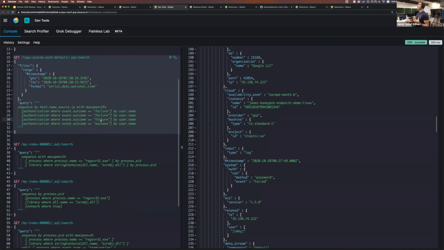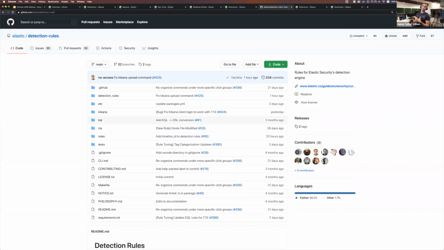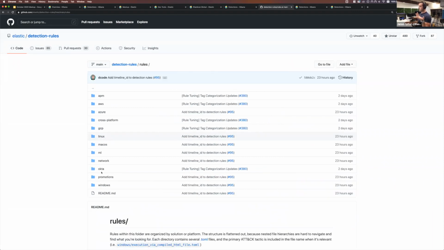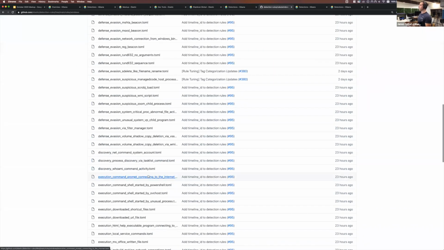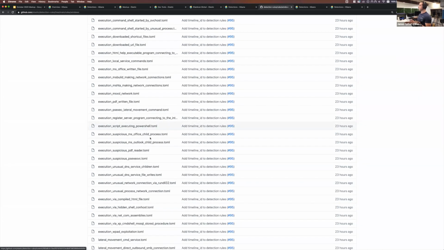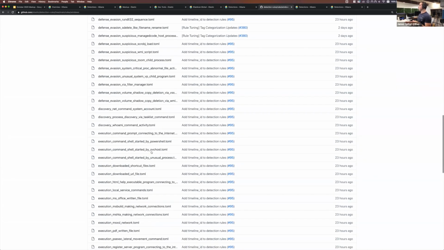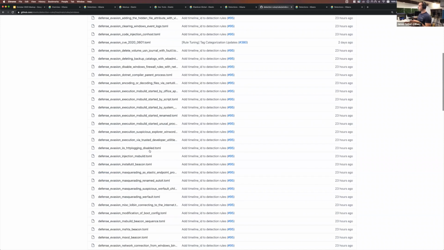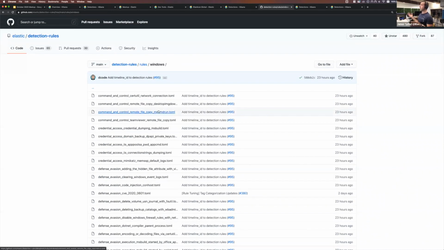For those of you who aren't aware, we have our detection rules completely public in an open repository. So you can actually go in and see everything our research team is working on, including some of the rules which are coming up in the next release, which are EQL based. So if you go here, mixed in within here, there are some EQL rules. So really nice to be able to see that in there. So if anyone's interested, you can go in and check them out. You can also, of course, contribute here.